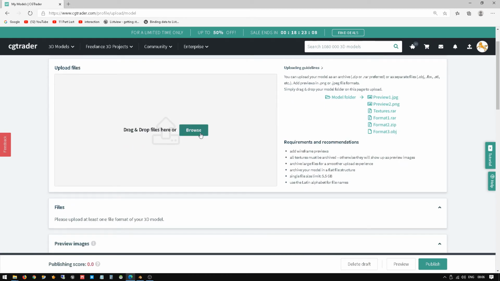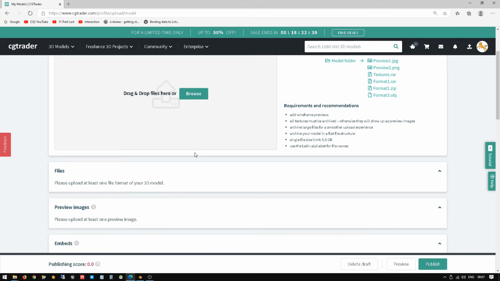Yeah, after opening here, you can see the browser to upload all the files. Here you can read what kind of objects we can add, and we have to add some images, like 5-6 images we are required to add. So temporarily I show the example by adding two preview files, and you can add zip files and rar files. A single file you can upload up to 5.5 GB.